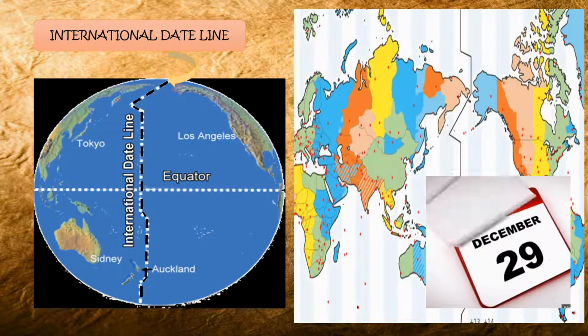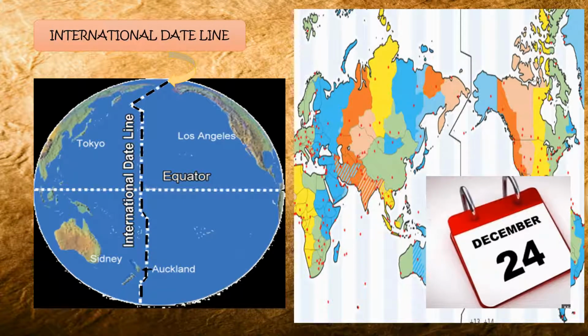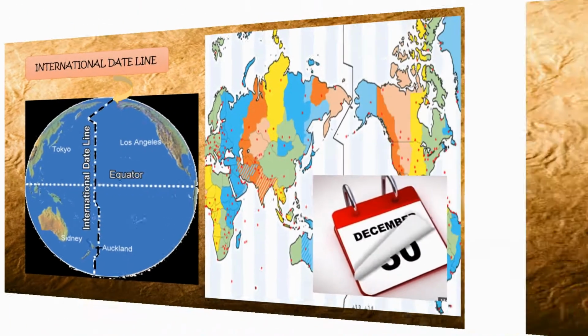Students, GMT, as you know, means Greenwich Mean Time, and it helps us to keep the time. But we all know that time cannot go beyond 24 hours. So we need to change the calendar date at some point. Let us study the concept in our lesson number 7, International Dateline. Now, before proceeding further, let's see a small history of time zones.